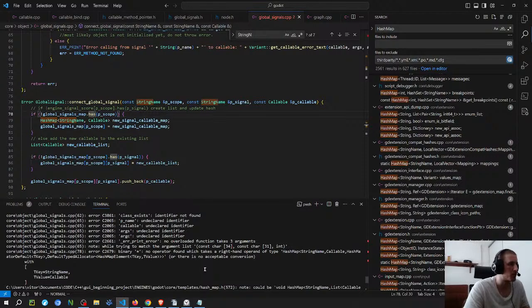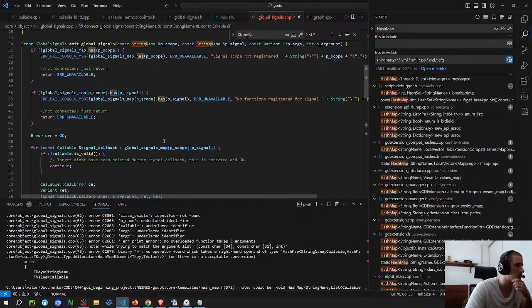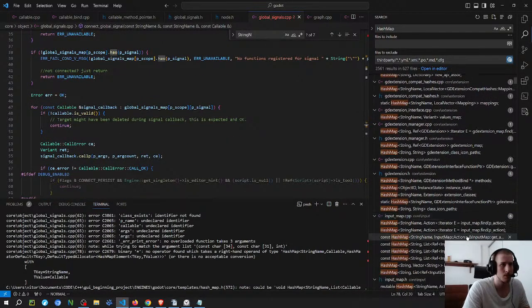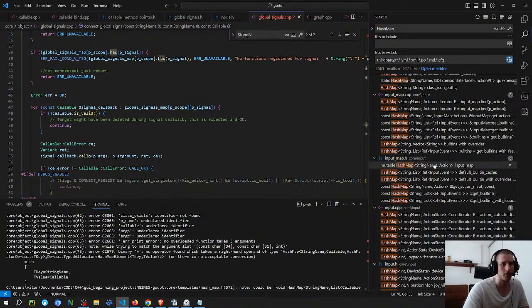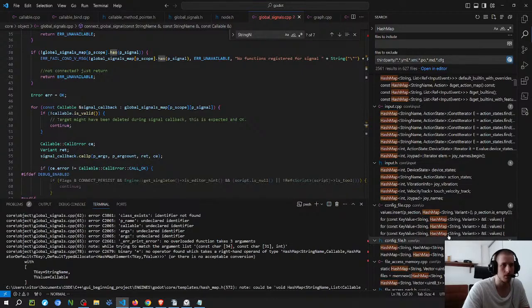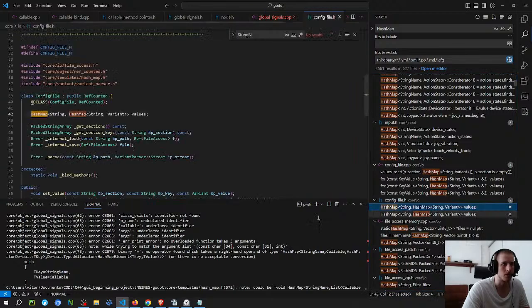Or I can think about a different way to test. The problem is that I can't really search here because it depends on the types, obviously. So I'm not really sure what's the best way to find the place where I'm pretty sure they use it also here. No, here. Yeah, it's just not also here. And this is a nested hash.